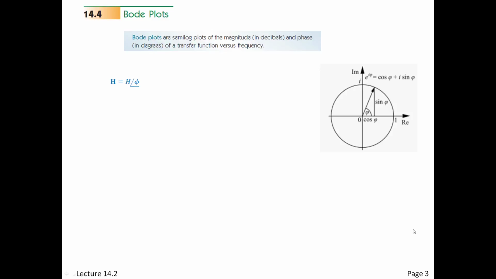So a phase angle, remember, can be shown here with Euler's identity as an exponential, right? So that's going to be important. And the real part is cosine, the imaginary part is sine, as we've always had. But this is the important thing right here. There's an exponential representation of a phase angle. And Bode's going to take advantage of that